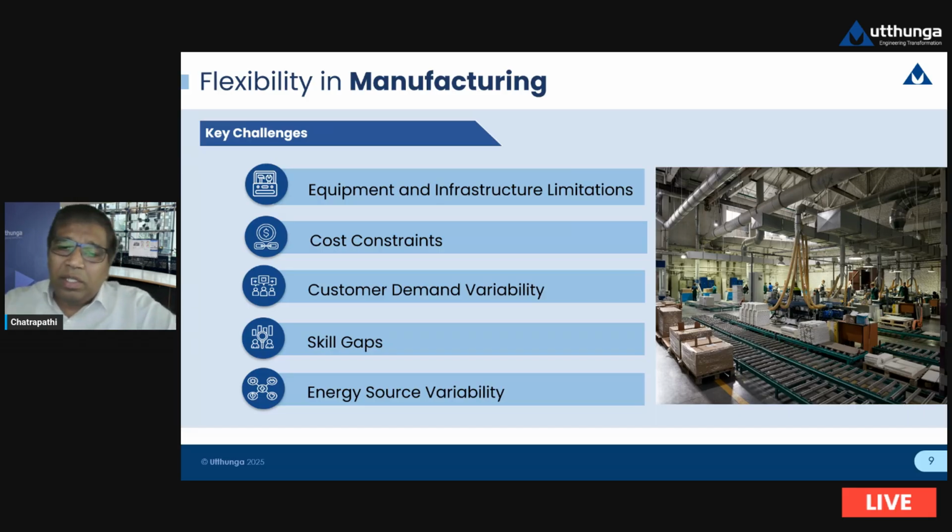So it is very difficult to predict and respond to these changes when you don't have a very flexible manufacturing facility. And these demands and changing preferences become a challenge for you to address when you don't have a flexible